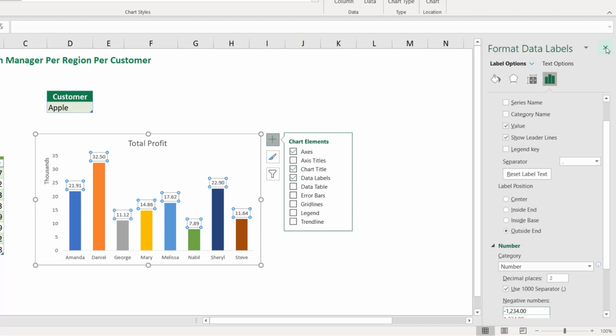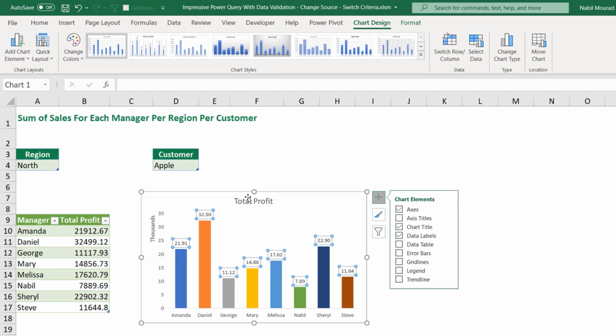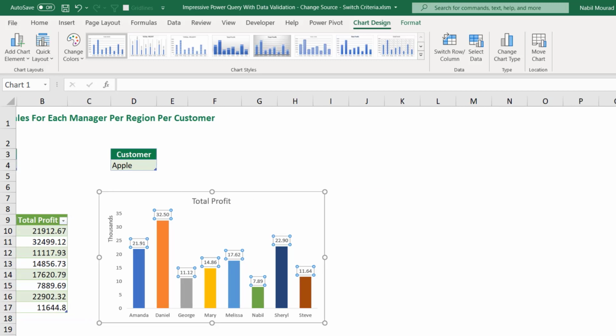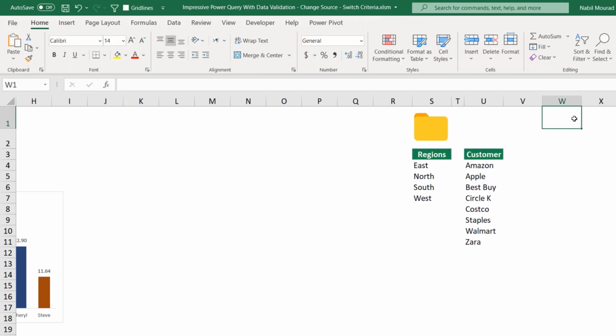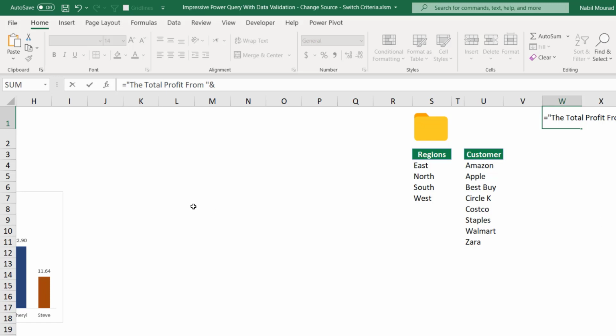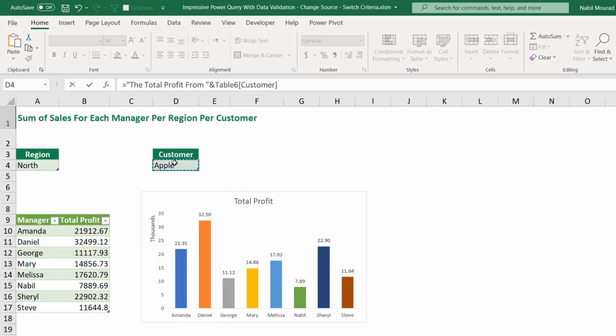I'm going to close the Format Data Label pane, and then I'll be creating a dynamic chart title that reads, "The total profit for Apple in the North region is that much." So I'll be creating a dynamic title. I move to the right, I select cell W1, and I type an equal sign, and in double quotes I'll be typing the total profit from, and a space, I close the double quotation. I type an AND symbol, Shift 7 on your keyboard, and I would like to grab the customer name from the drop list, and then I type a second joining operator, and in double quotation I type a space, and